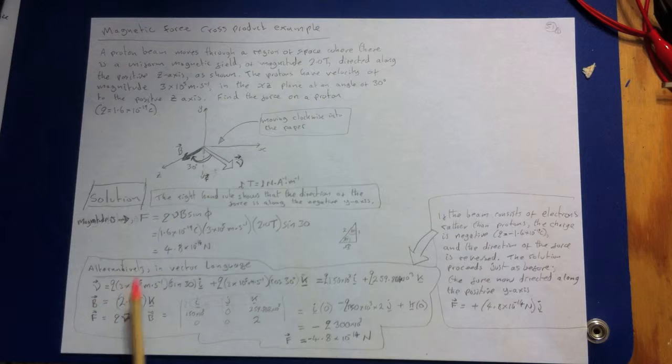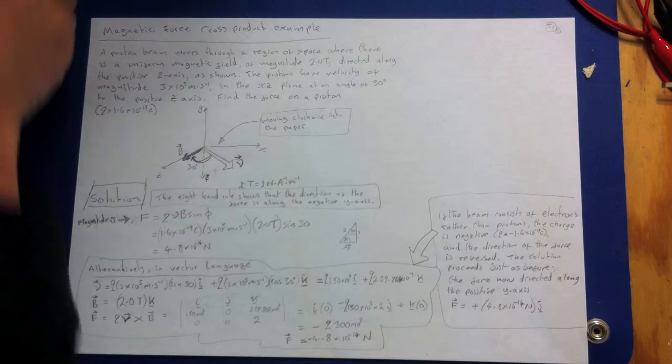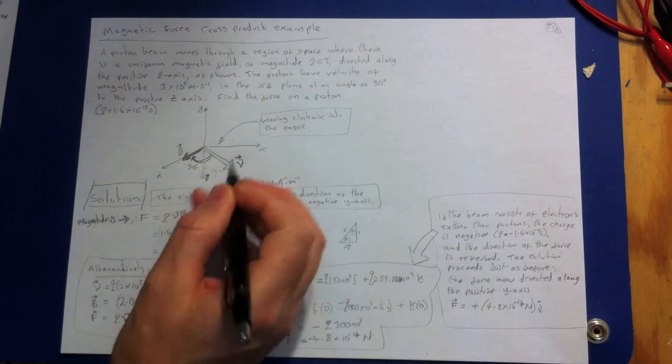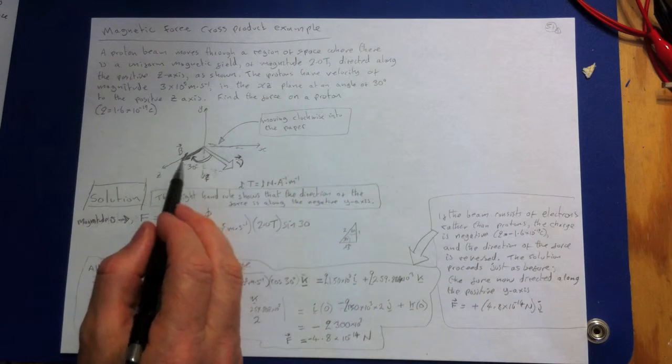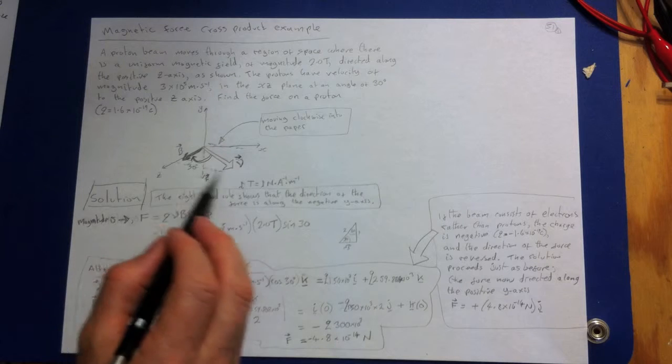Now, here's the other way of doing it. That was the geometric way, as explained in the problem solving strategies points 1 and 2 previously. Alternatively, we can do this in the vector language. First of all, let's work out what the vector is for the velocity v. If we drop a line from there to there, because that's the angle 30, we can work out the x component, and if that's a right angle there,